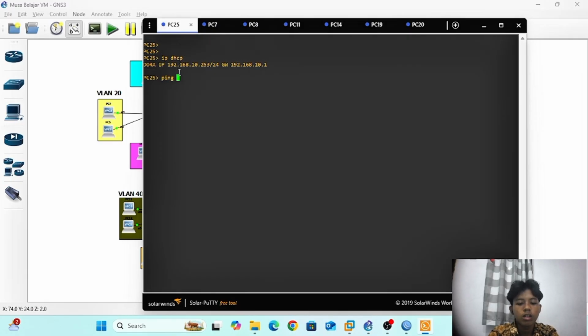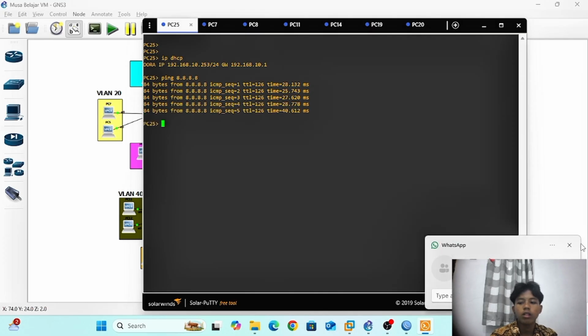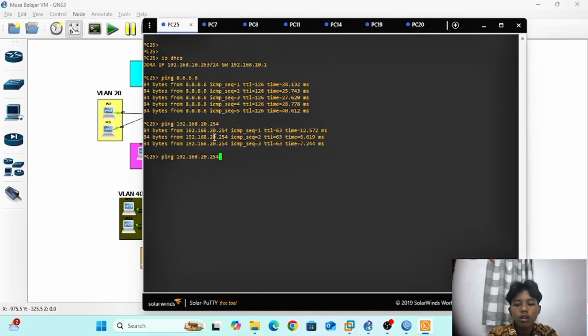First I ping to the internet, Google DNS. You can see it's successful. Now ping to VLAN 20. Success. And ping to VLAN 30. Success.